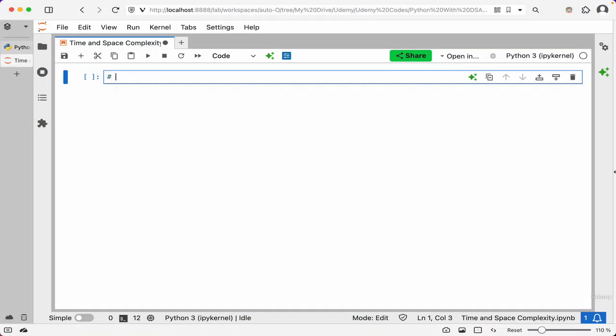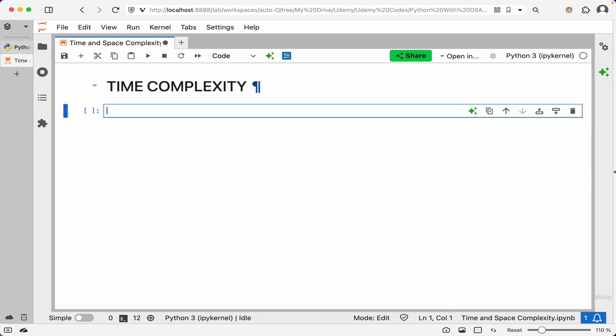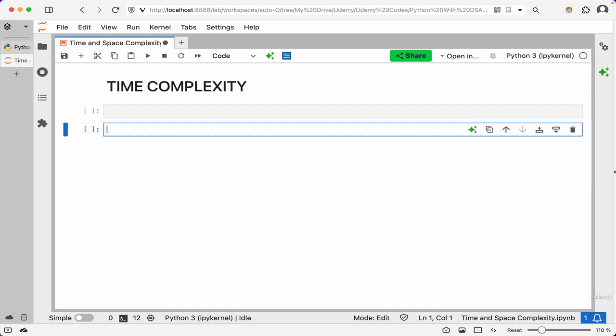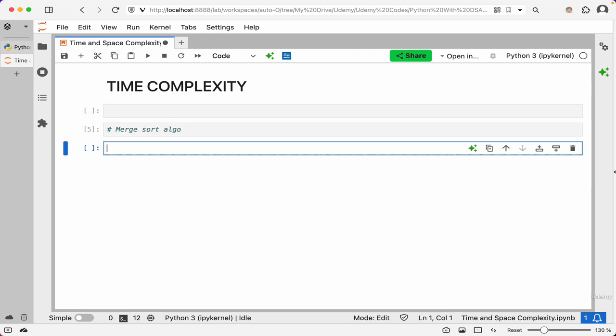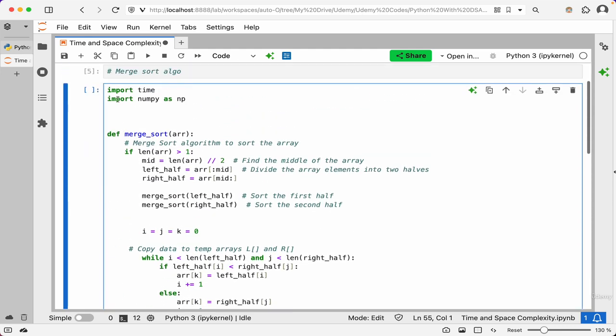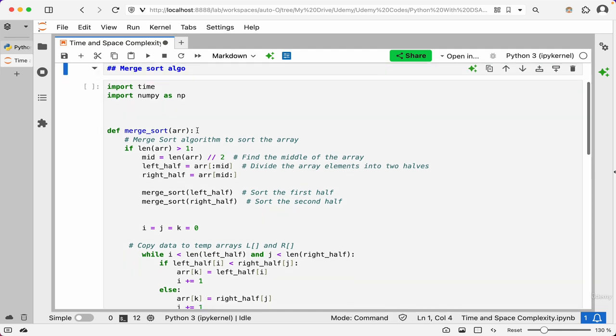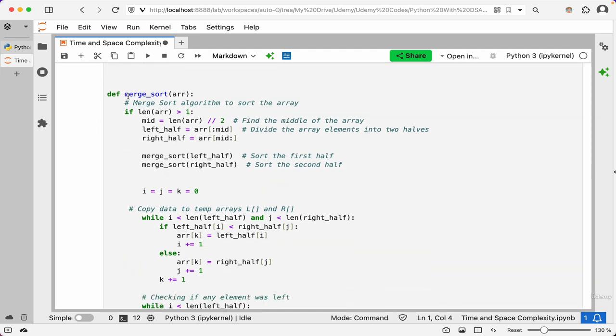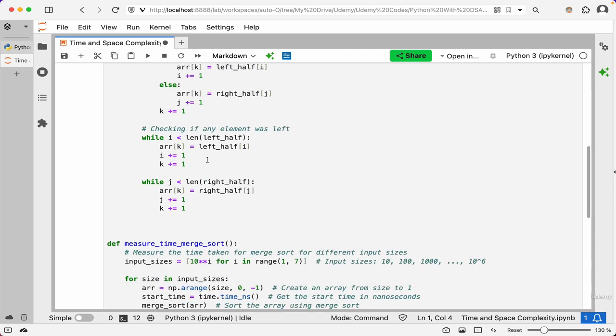Yeah. So let me write time and space, or let me just do time complexity. Here what we are going to do is, for a few algorithms, namely bubble sort and merge sort, we are going to run them with a timer in place. So let me just copy the code for that. I have written the code for this particular thing. Let me quickly explain the code. This is your merge sort algorithm, the one which we have studied, just a similar kind of implementation. It will be sorting an array which you give to it,